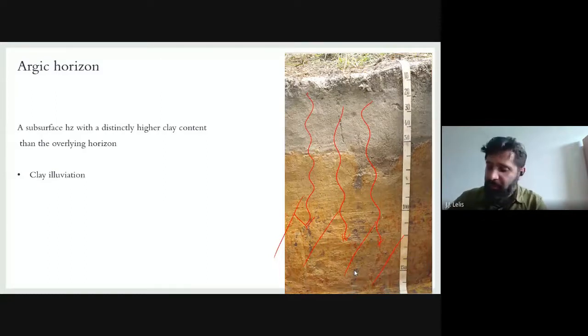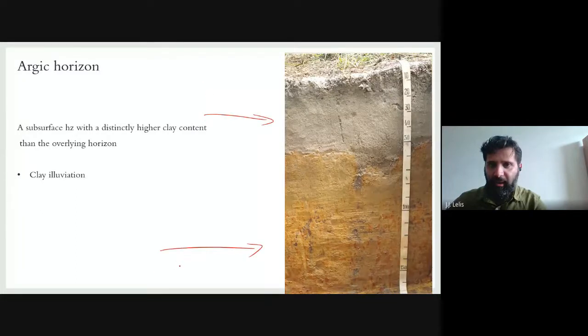And so this horizon gets a sandy texture, and this horizon presents a clay texture because of the clay eluviation, because water migrates through the soil profile and brings clay. Okay? It's a very common process that we can see in the tropics. It's very, very common. Okay? And it's very important to understand why water